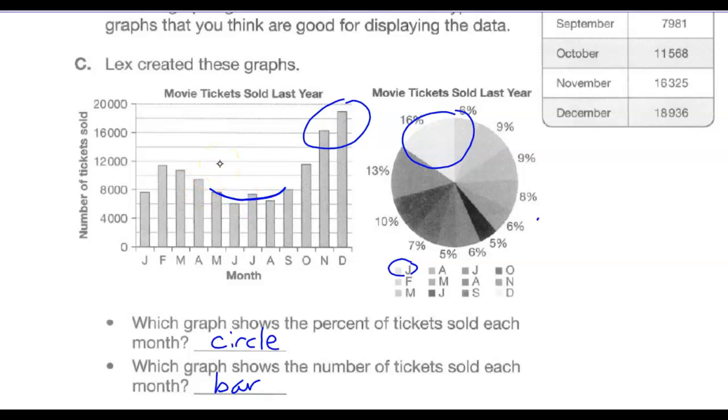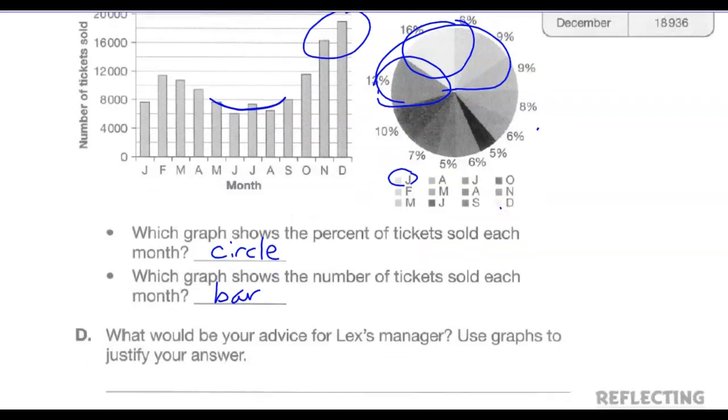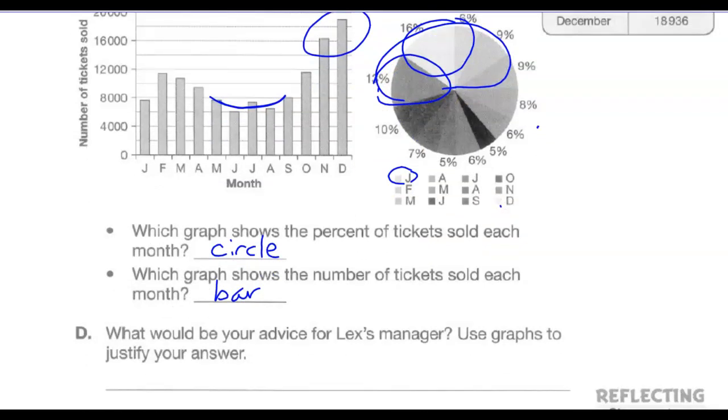As well, you could look at the percentages. I guess December is the lightest. So December is the 16th. November is, I think, this here. These ones are a little bit hard to tell just with the colors and the shading in this, but certainly from the bar graph,